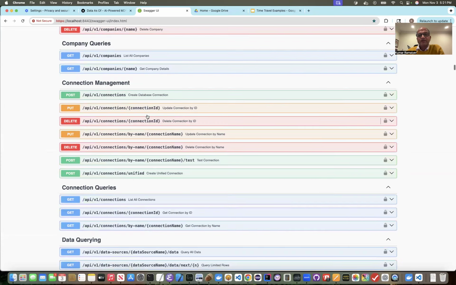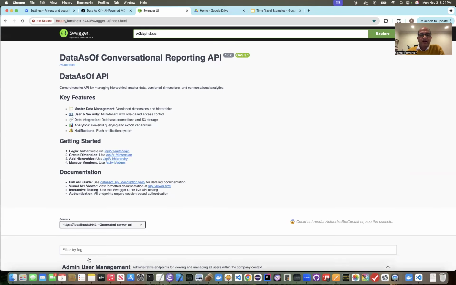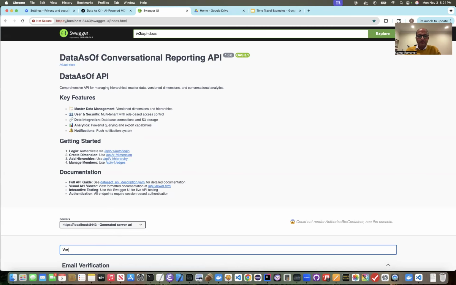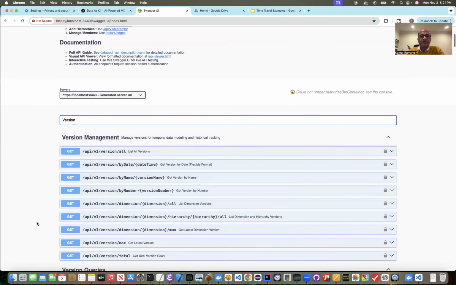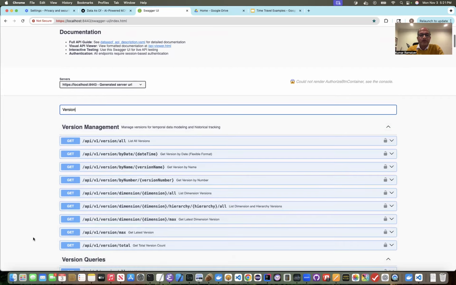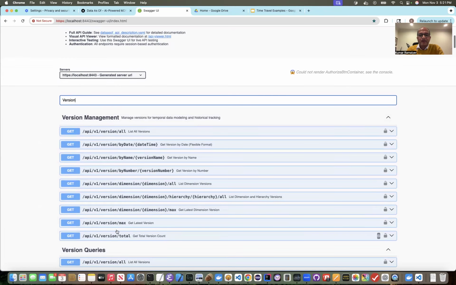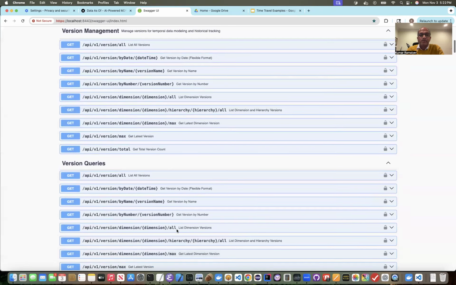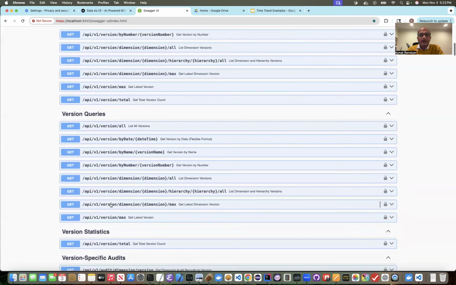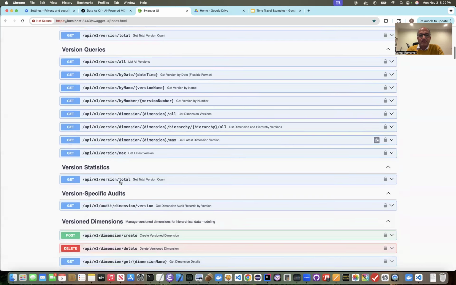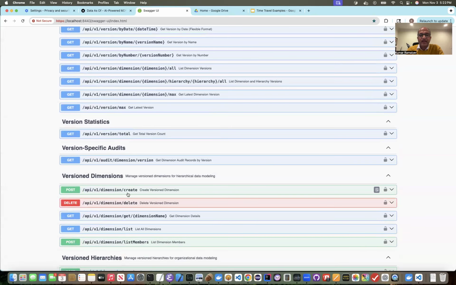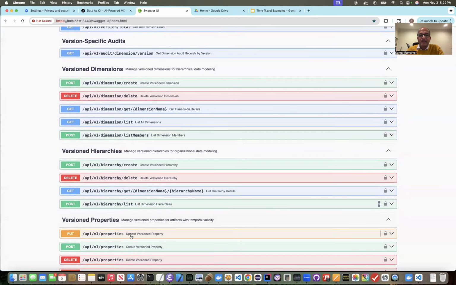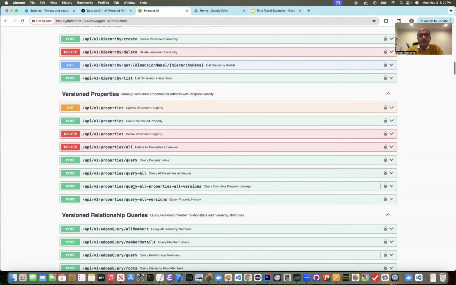There are quite a lot of them. It's difficult to read, so let me break it down by searching by version. There's version management. This is how you can get all versions by dimension, max versions, version by hierarchy, and so on. These do two different things. Then for the version dimension, you can create, delete, and get a dimension list, version hierarchy, version properties,